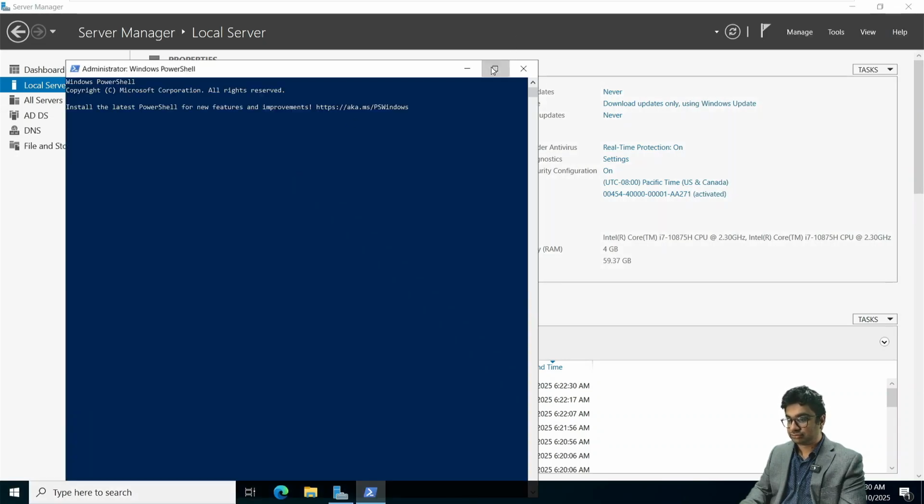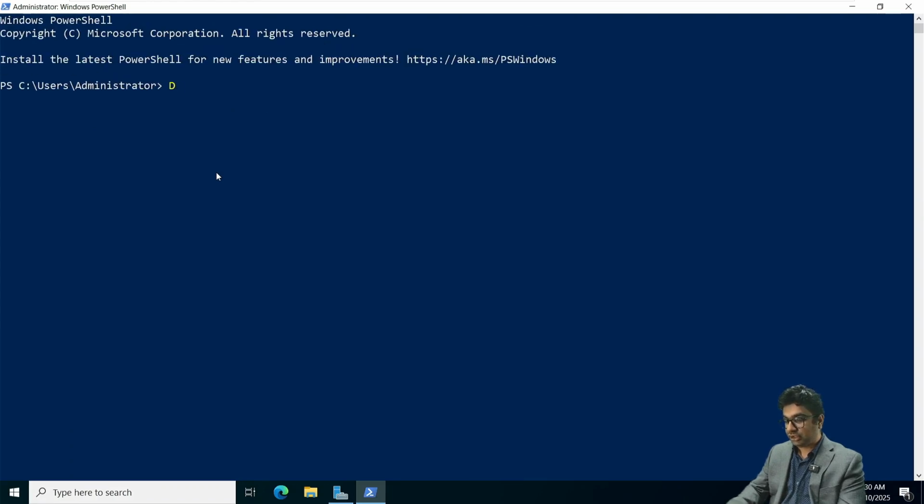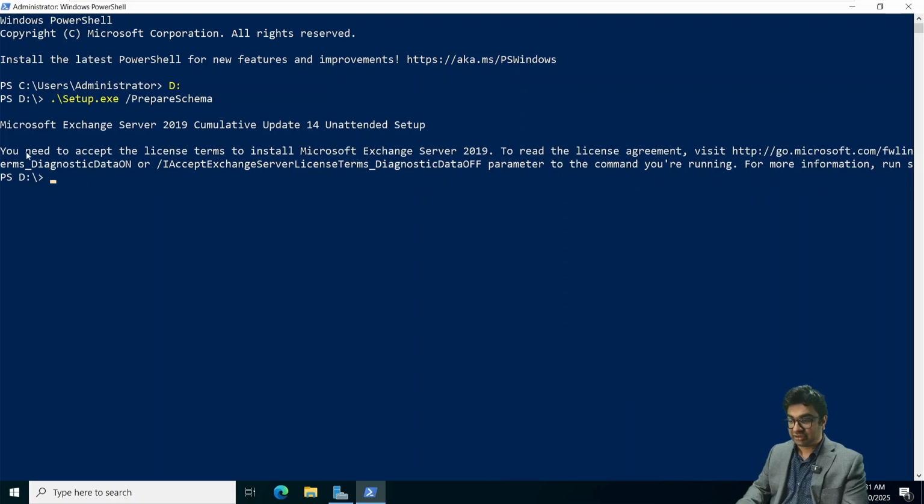PowerShell, d:\ and you can see, setup.exe, prepare schema. And now if I just press enter, this is just a command. You can see that I need to accept the license terms, and I need to type this flag or this parameter at the back. So I'm going to copy that parameter